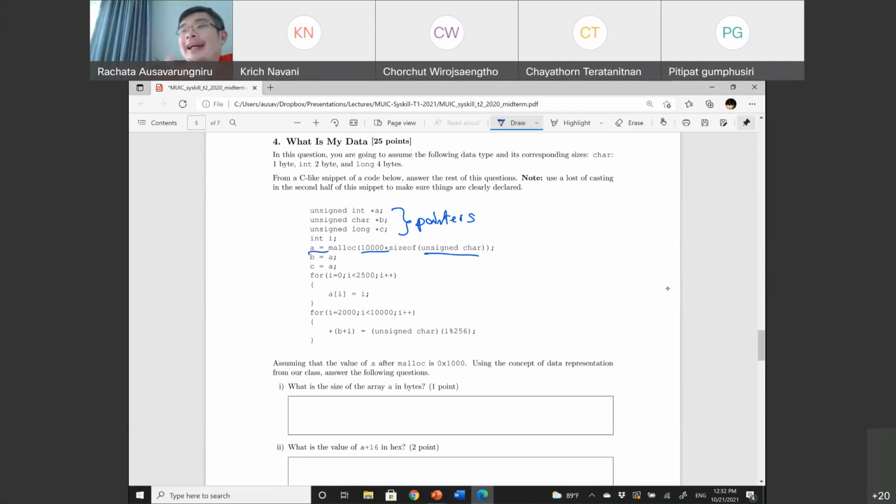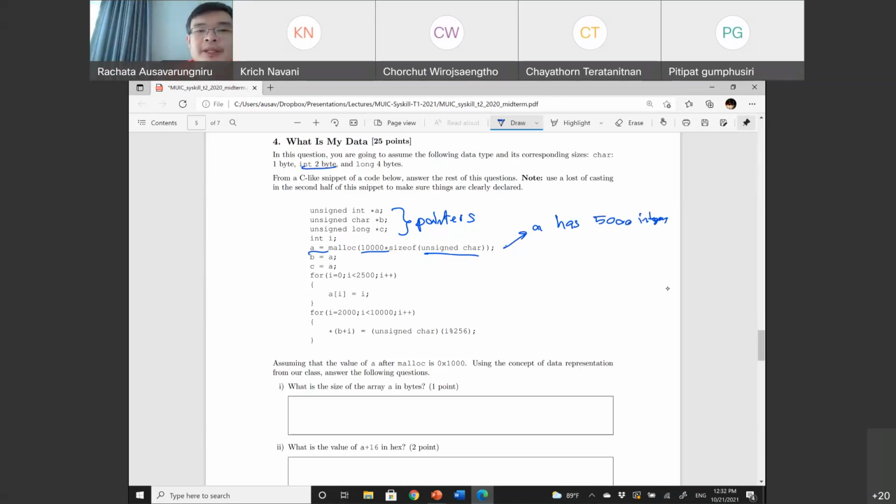Just this one line, how many integers do I get from this command? Note that in this question, an integer is 2 bytes, not 4 bytes. So how many integers do I have? 5,000, right? 5,000 integers.